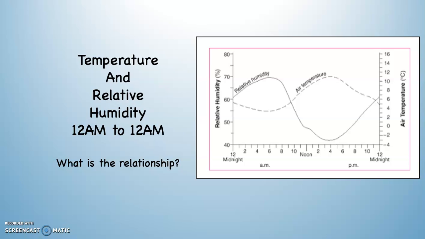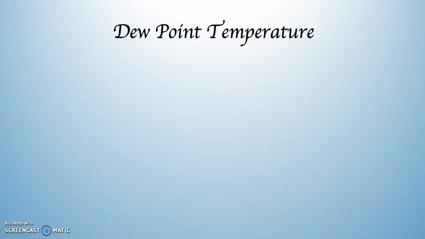There you go. So when is relative humidity likely to be the highest? It's likely to be the highest when air temperature is at the coldest, which is generally the earliest part of the morning before sunrise. When is relative humidity likely to be the lowest? When air temperature is at the highest in the afternoon. There you go. If you do have dew on your car, what happened was the air temperature dropped down to